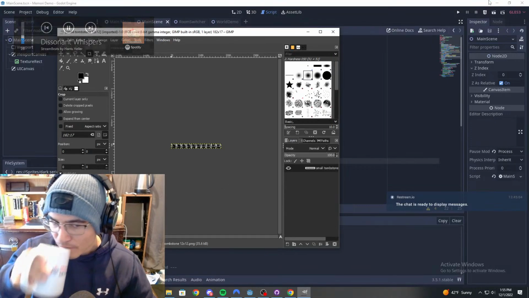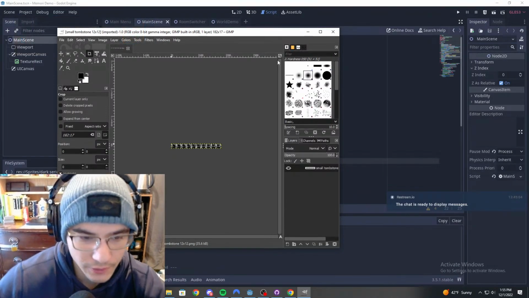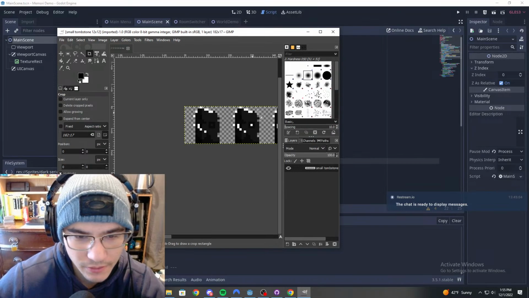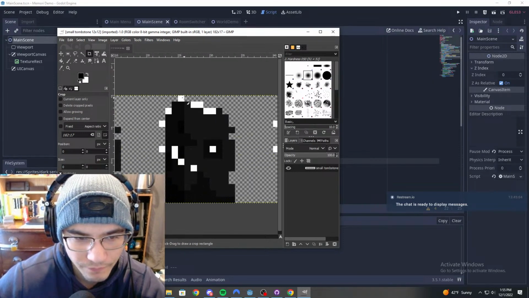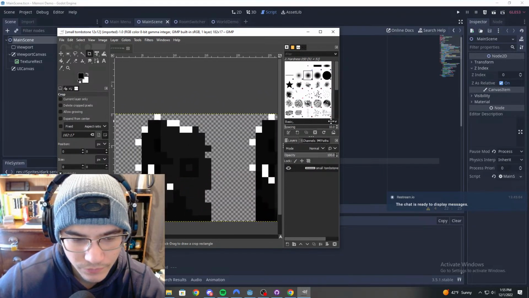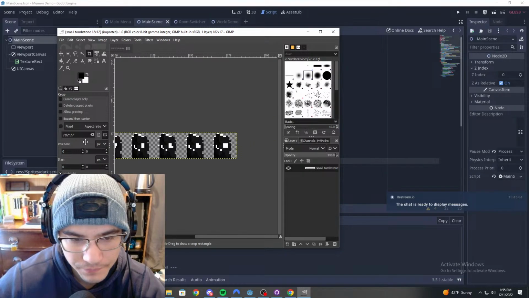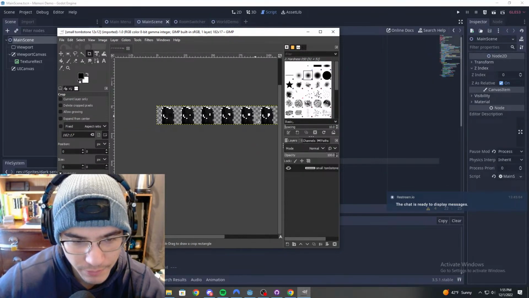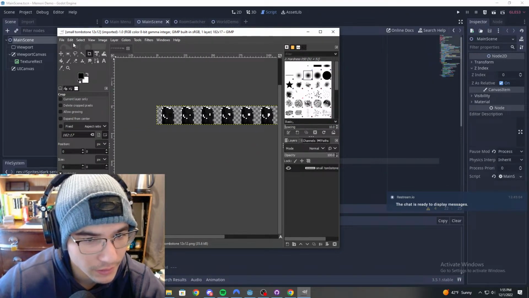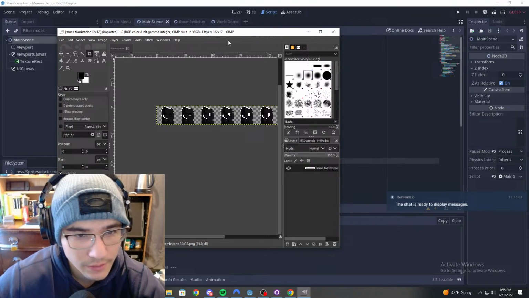Oh, so this image might be too small. I mean, we could just reuse this white part. We might just do that, but I do have to duplicate this and make this times, let's see,